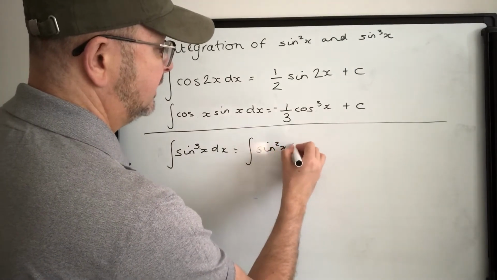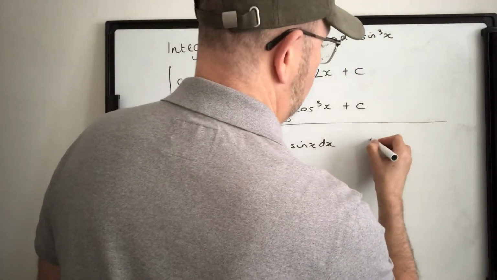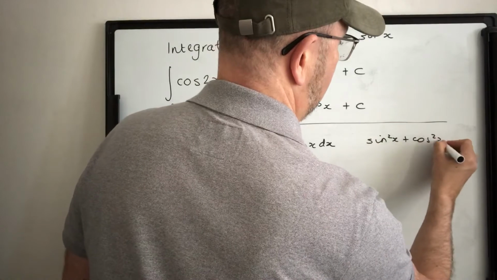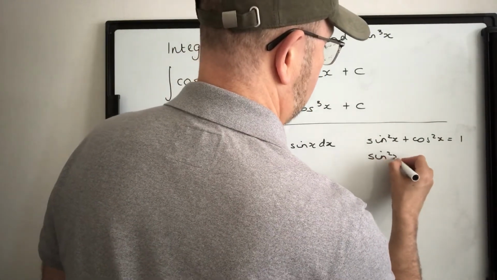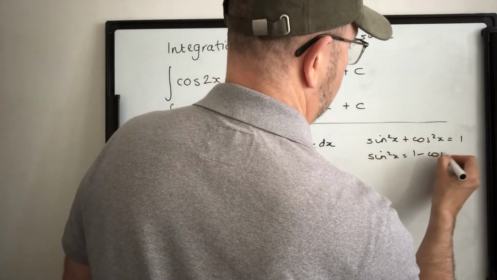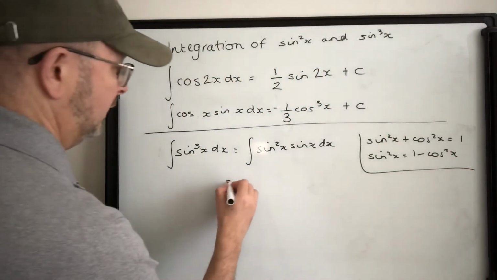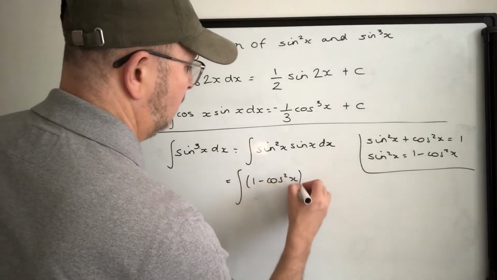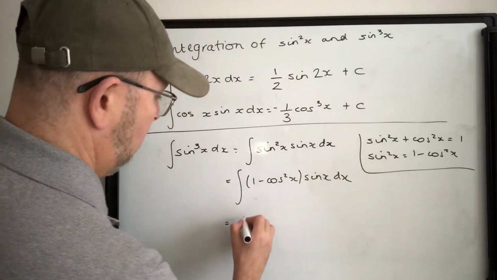So we're going to write this as sine squared x times sine x, but this time we're going to use sine squared x plus cos squared x equals 1. So we're going to say sine squared x equals 1 minus cos squared x. So we do 1 minus cos squared x, we expand out,